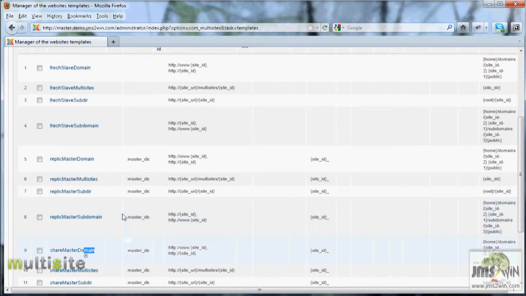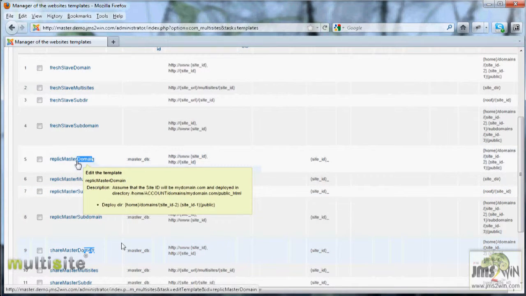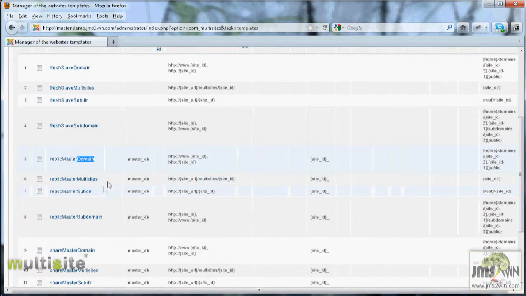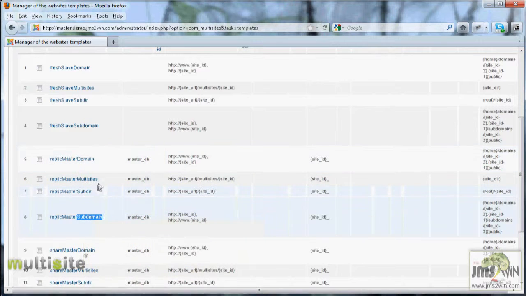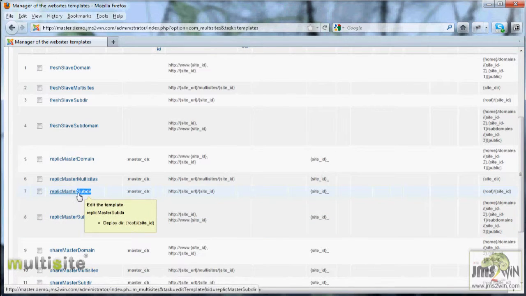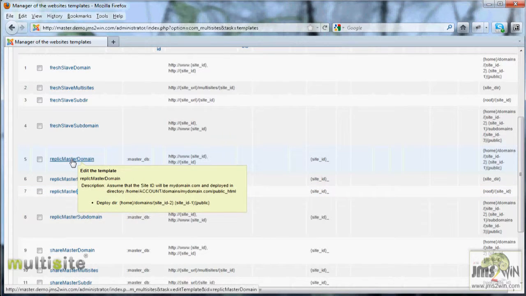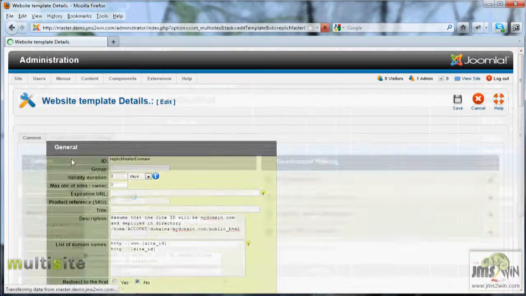For each fresh slave, replic master and share master, we created variant, and the variant are used depending on the target. So, for example, we have used domain when we manage a domain name, or subdomain when we manage a subdomain, or multi-site when we use a multi-site directory or the subdirectory. The key element in all these variants is that you make sure or ensure that you are using the appropriate